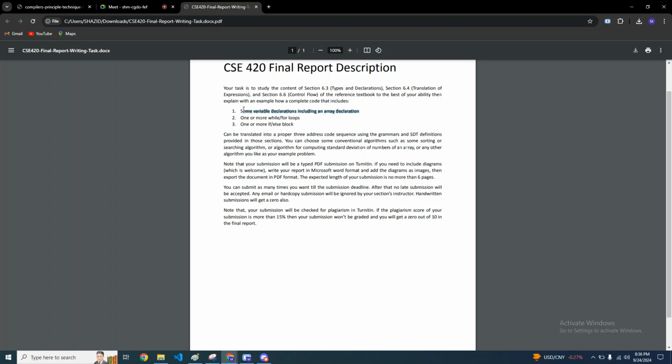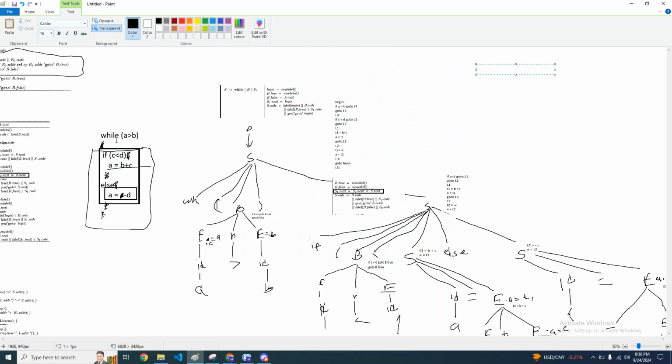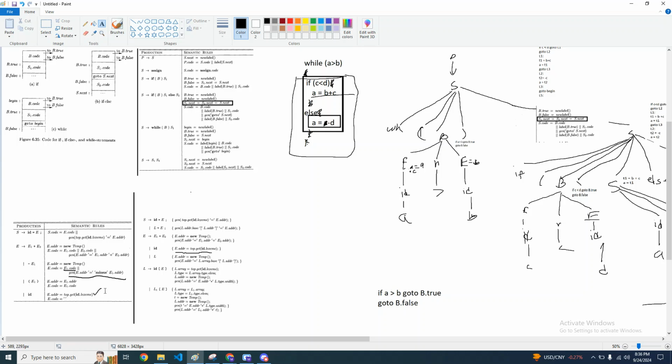রাইট। না, আপনি বোঝেন নাই। মনে করেন, এই যে আমি এ বি ইউজ করছি, রাইট? সো আমি তো ফার্স্টে ডিক্লেয়ার করবো। এই যে ওয়াইলে এ বি ইউজ করছি, তো আমি তো ফার্স্ট ডিক্লেয়ার করবো ইন্ট এ বি, এভাবে ডিক্লেয়ার করবো না? এই ডিক্লেয়ারের জন্য কোনো থ্রি অ্যাড্রেস কোড তো জেনারেট হবে না, হবে? সো এই ডিক্লারেশনটা আপনি ডিক্লারেশন গ্রামার ইউজ করে করবেন। দেন এ ইজ ইকুয়াল টু 10, এইটার জন্য তো থ্রি অ্যাড্রেস কোড জেনারেট হবে, তাই না? তো এটা কই থেকে করবেন? এটা আপনি এই গ্রামার ইউজ করে করবেন, right? অ্যারের জন্য এই গ্রামার ইউজ করে করবেন।